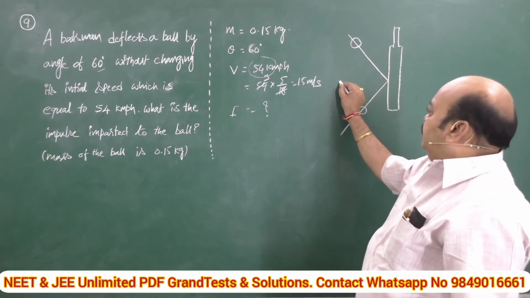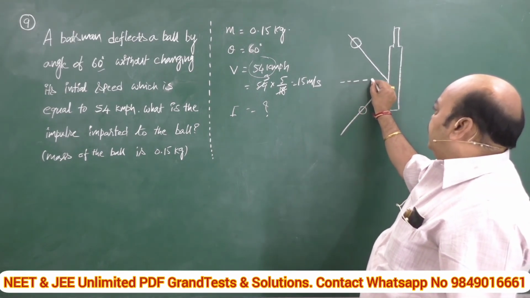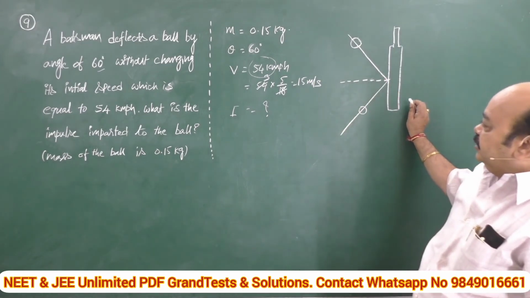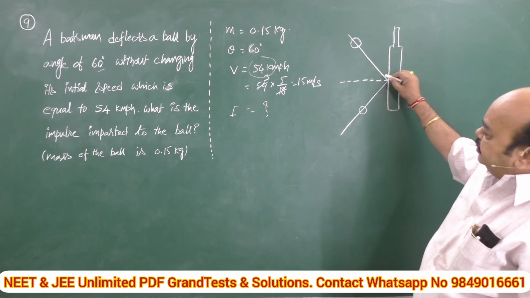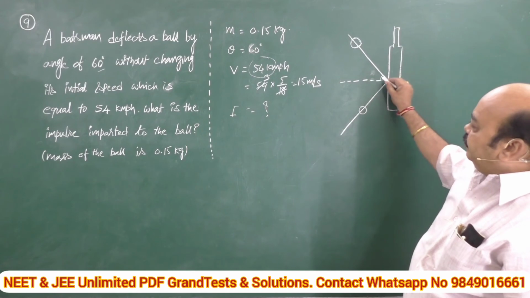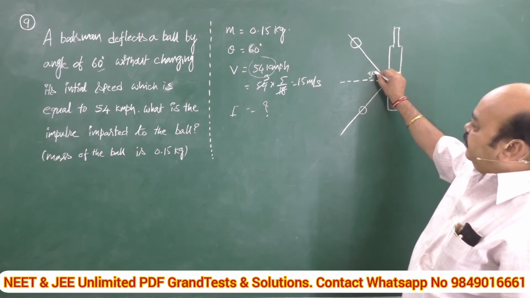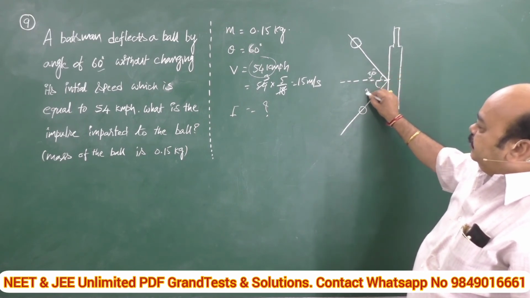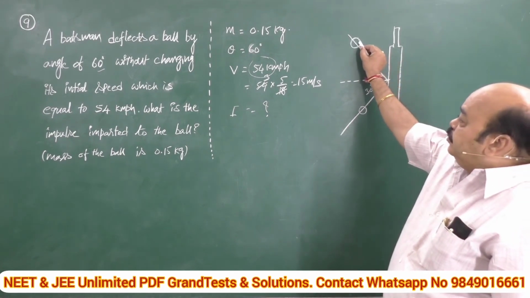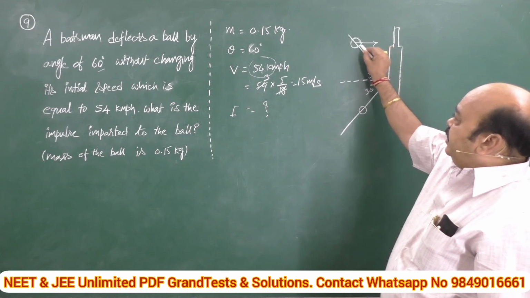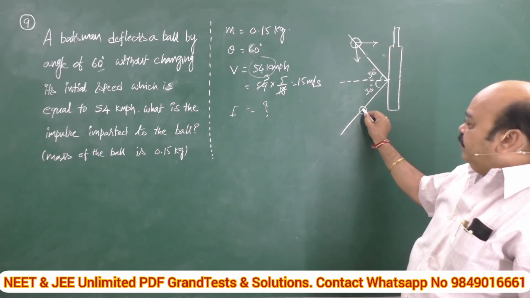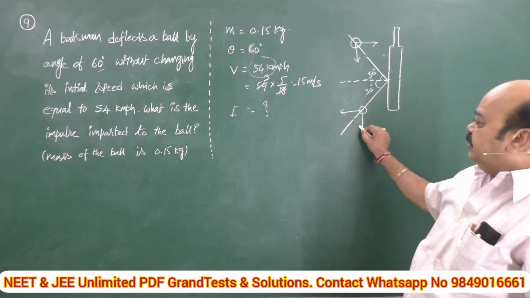Now just what I am doing is, for simplifying purpose, I am drawing a normal to this bat. If this total is equal to 60, what would be this angle? Very simple, it is a half. If total is 60, this will be 30 degrees and this will be 30 degrees. Yes, our job is over. Resolve this into two components. One is towards the bat, perpendicular to the bat, and one is horizontal. Here, one is away from the bat and in the horizontal direction.